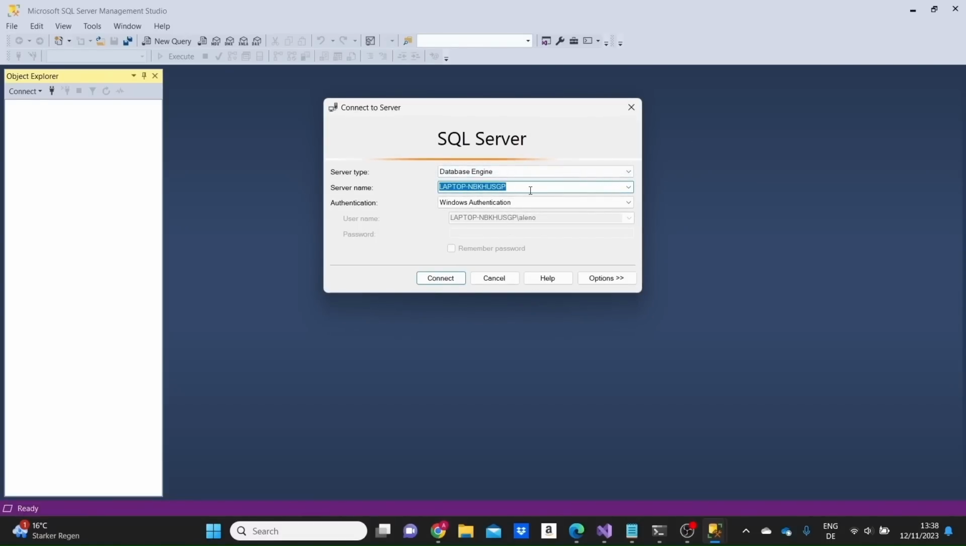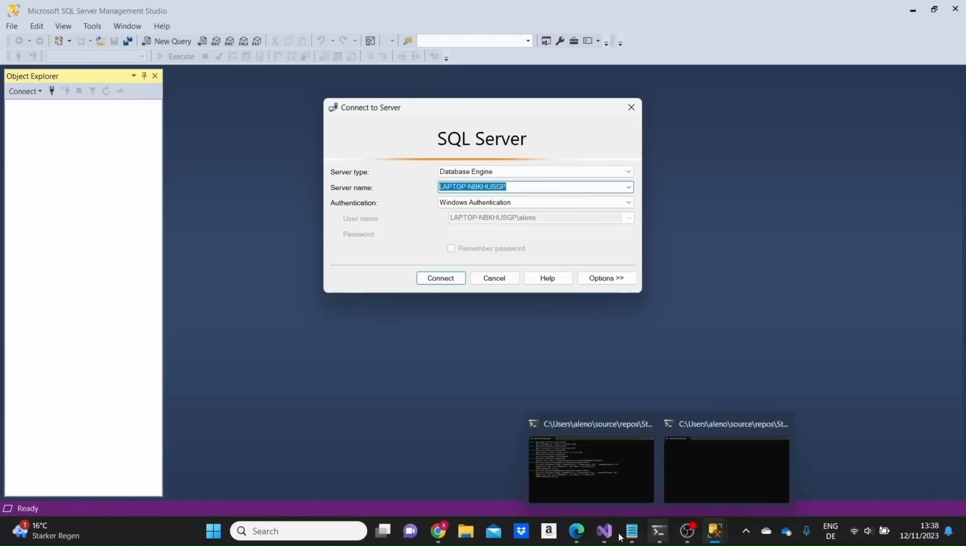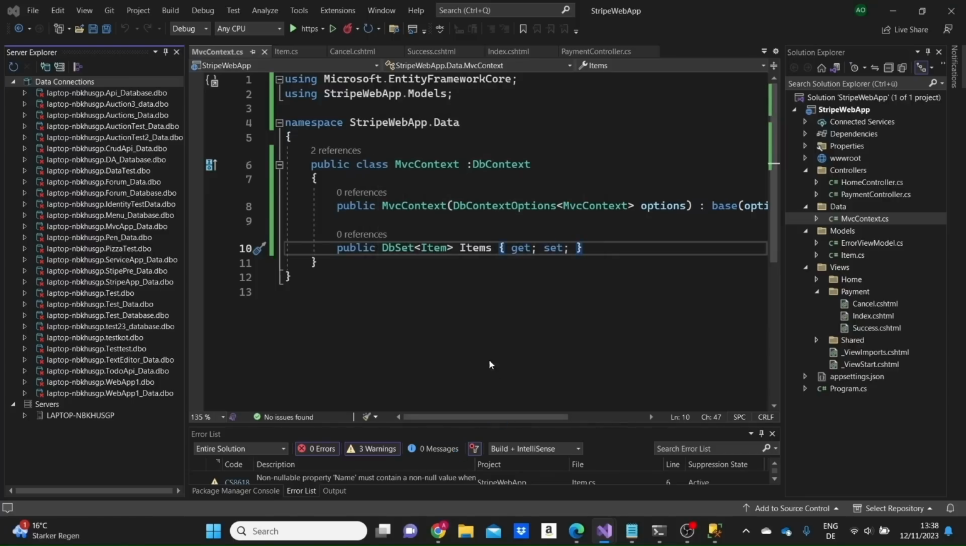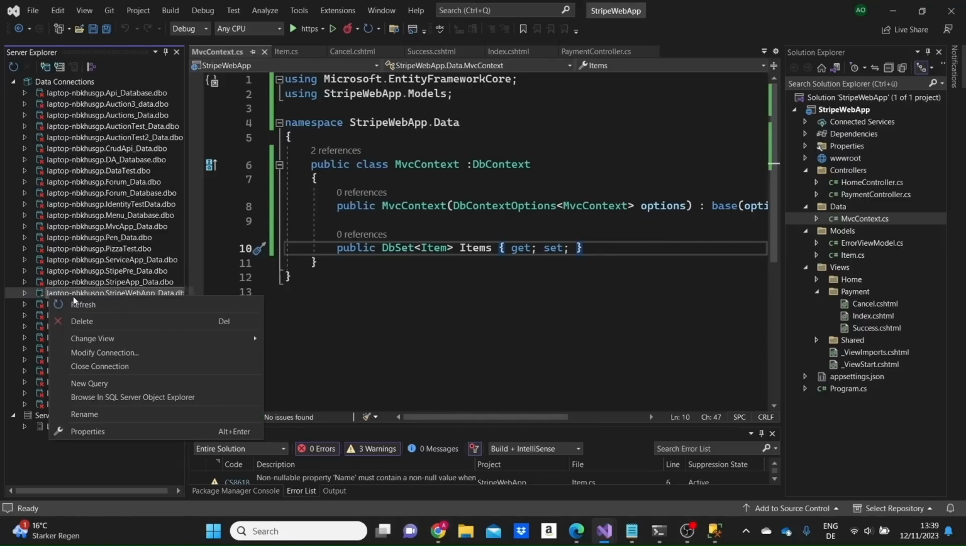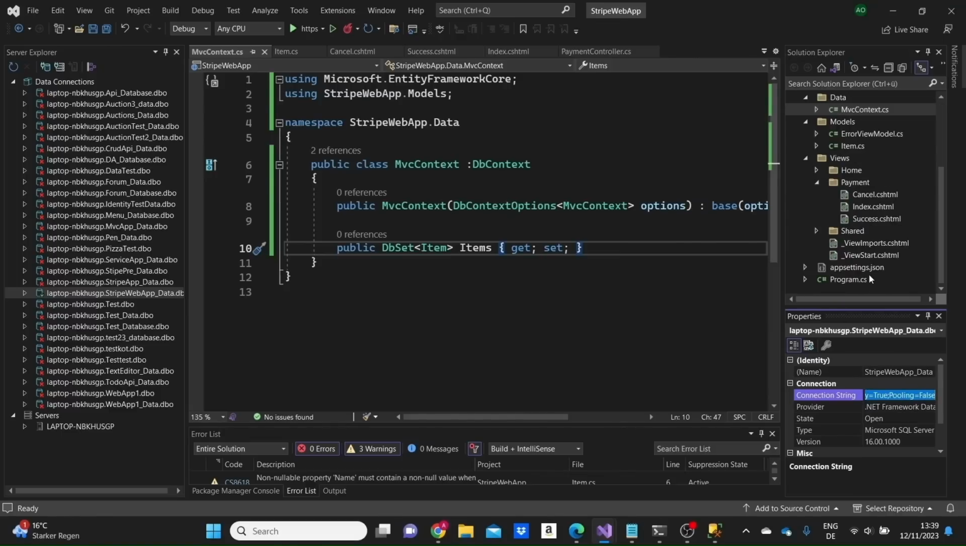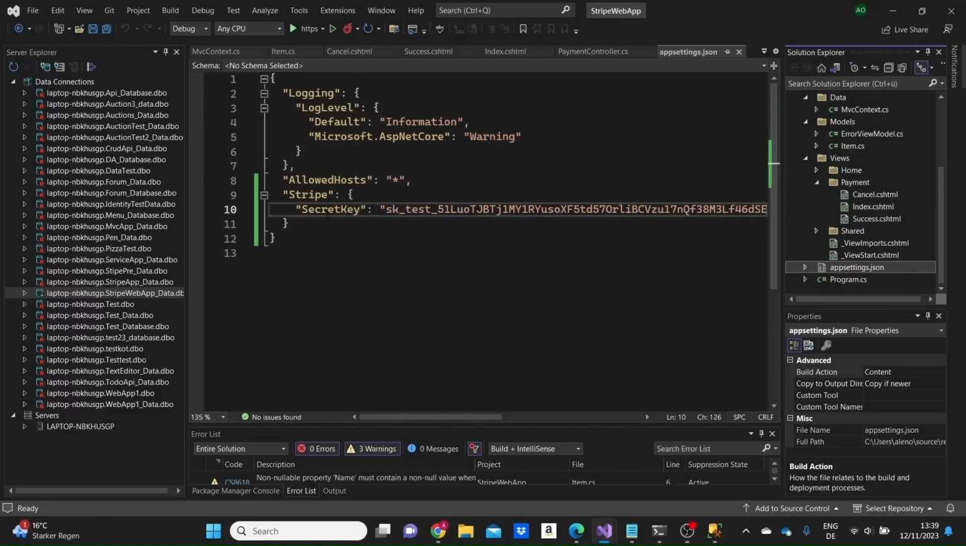Okay, so I'm just copying this. Just give a name to the database: Stripe web app data, the name of our project. Just click on this to get the properties, to get the connection string. Just copying this, and I'm going to appsettings.json to store this